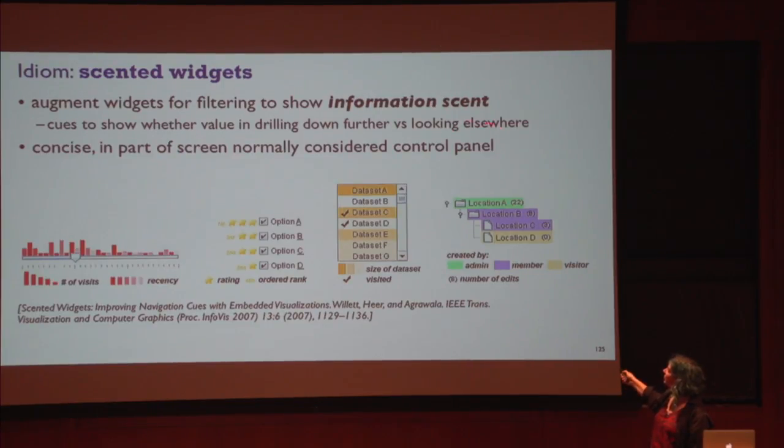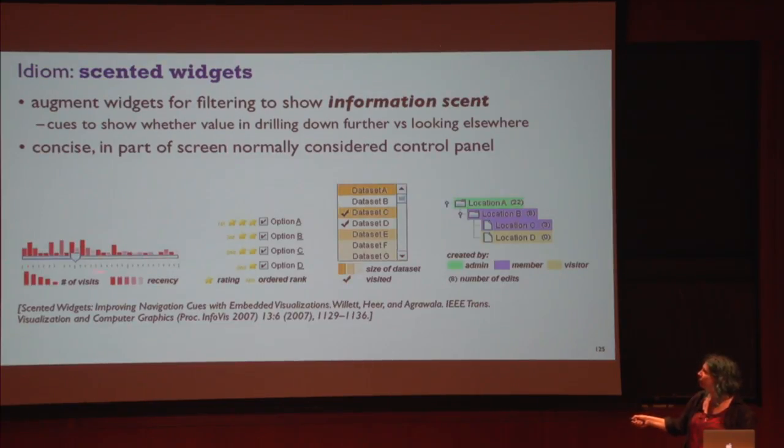So the point of this, in fact, is to try to show people ahead of time what would happen if I interacted. Because a lot of the danger of interaction is that it can degenerate into human-powered search. You don't want the poor human to have to go systematically move every slider every time to all positions to try to synthesize some view of what would happen. So this idea of augmenting simple widgets with a very small and concise visualization showing them what would happen if